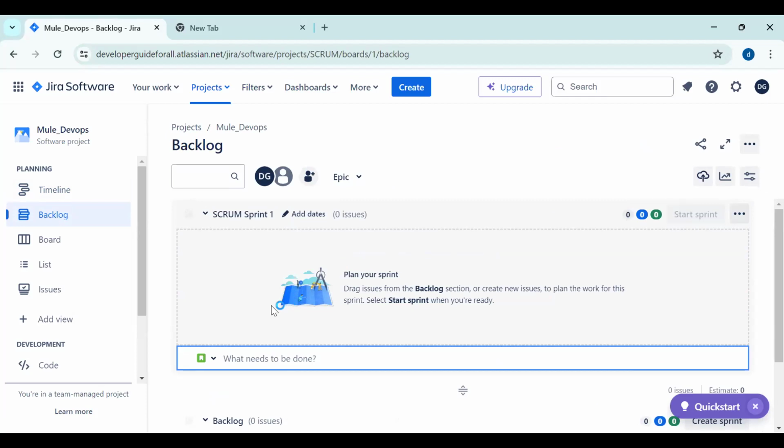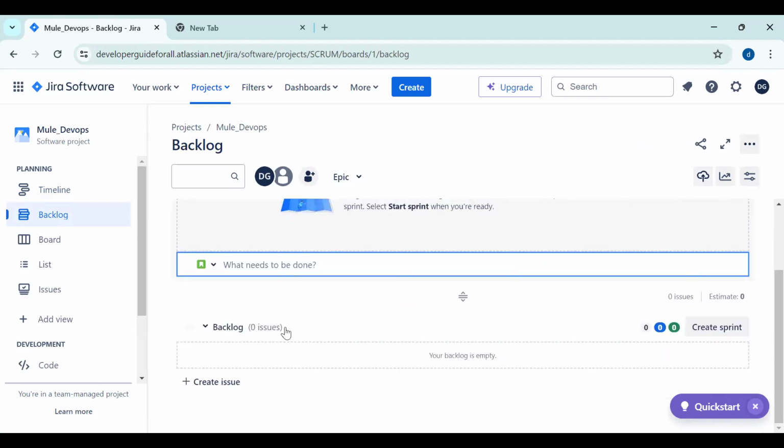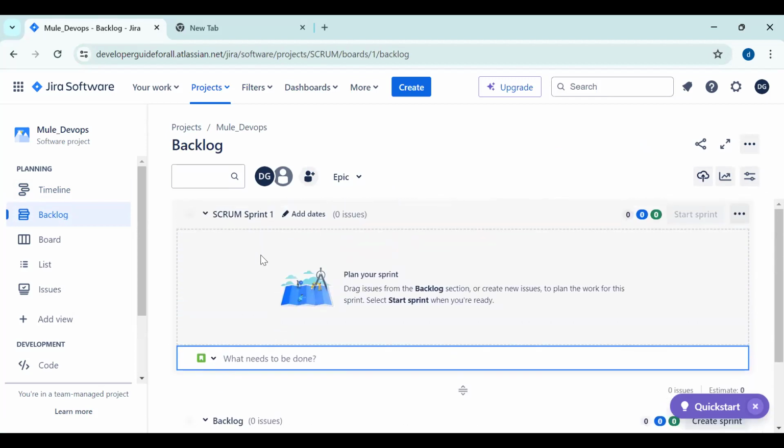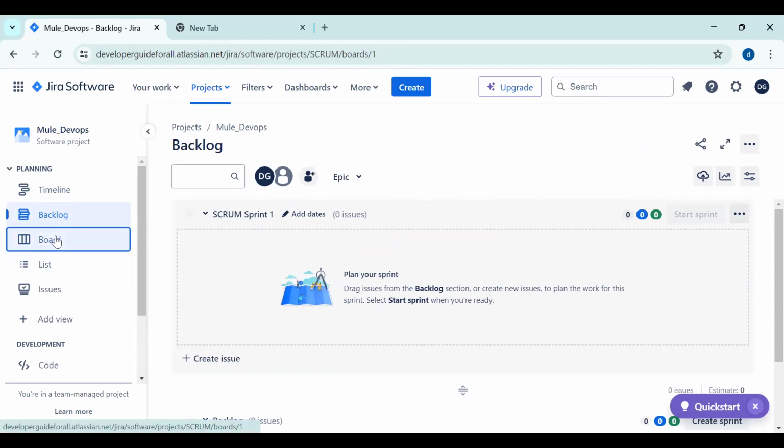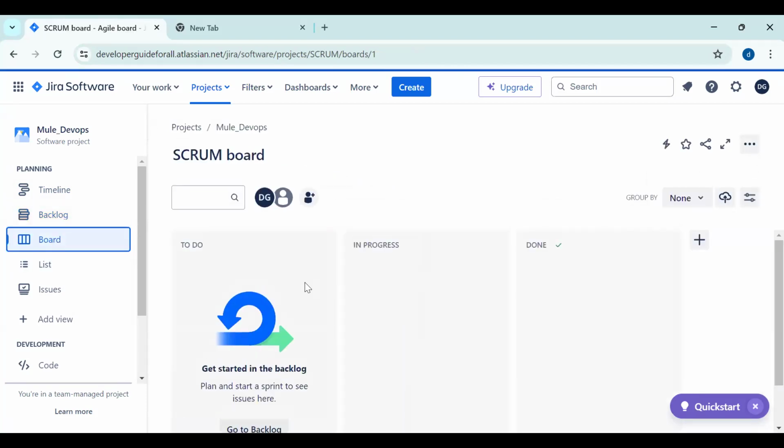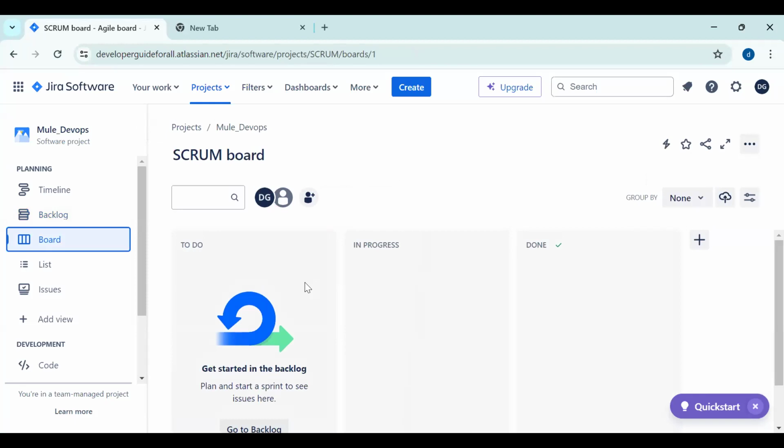And then you can say like a sprint backlog only. So you can create multiple sprints here. And then we have a board here where you can see all the tasks and all. Okay. So first thing what I will do, I will go to backlog and